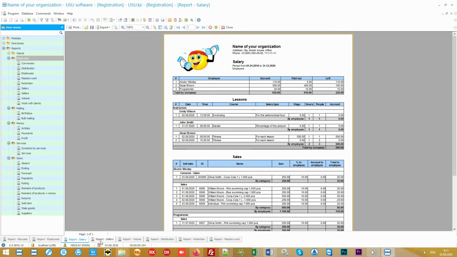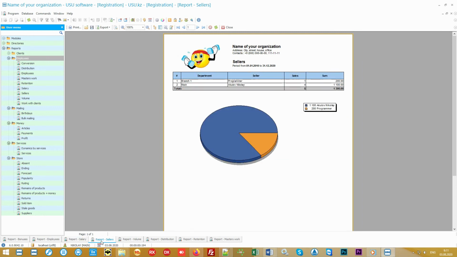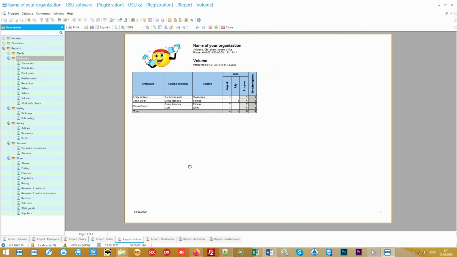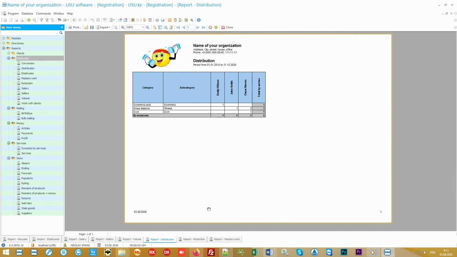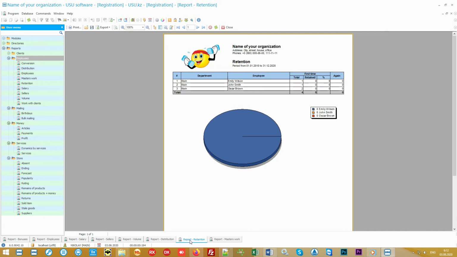If you have not only services but also sales of goods, it will be possible to analyze the work of each seller. The activity of conducting classes over time can be seen in the report Scope of Work, and how exactly the loads are distributed among the employees will be shown in the distribution report. The most important task for each employee remains, of course, working on their own reputation. And best of all, it can be traced using customer behavior. When a client after the first visit continues to go to the same specialist, it's called customer retention.